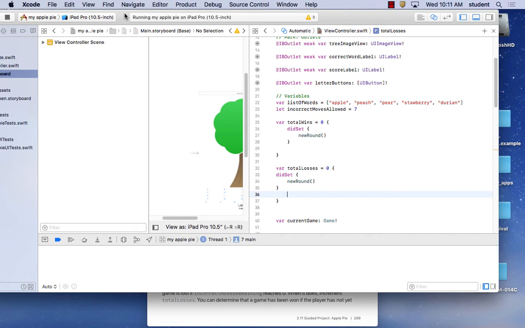So on page 291, it says re-enable buttons and fix crashes. It looks like you're approaching the finish line. You successfully enabled to complete a round of Apple Pie, but a new round doesn't re-enable the letters buttons. So again, you have to get a new word basically for a new round. Also, if you try to start a new round and there's no more words to choose from, the game will crash. The new round logic needs to be a little smarter. If list of words is empty, then you should perform the same work that you did previously, but also re-enable all the buttons. If there's no more words to play with, disable all the buttons so that the player cannot continue playing. So again, I guess you would have to,